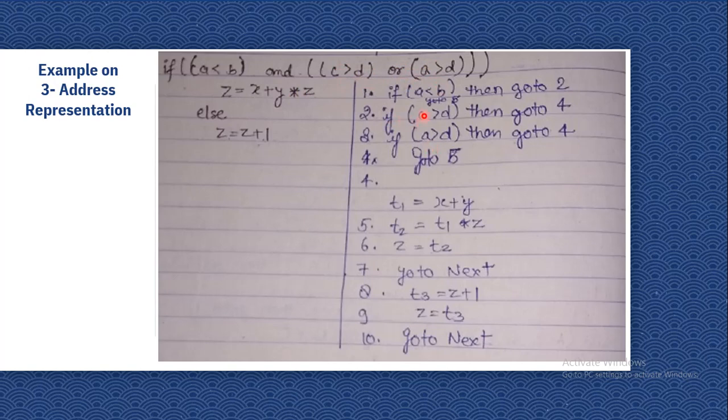So if C is greater than D, go to 4, or if A is greater than D, go to 4. What happens in 4? If nothing happens, then go to 5.